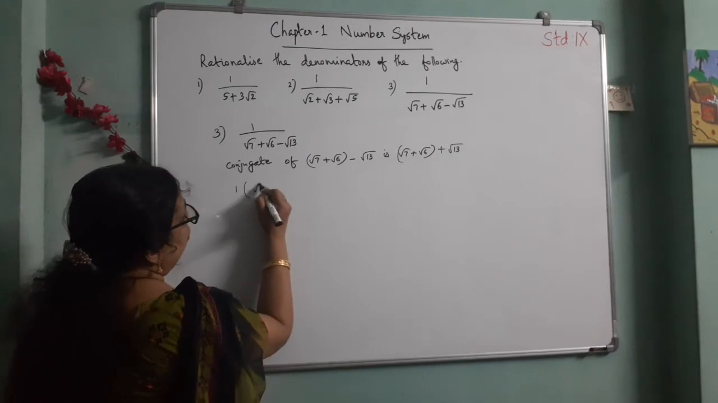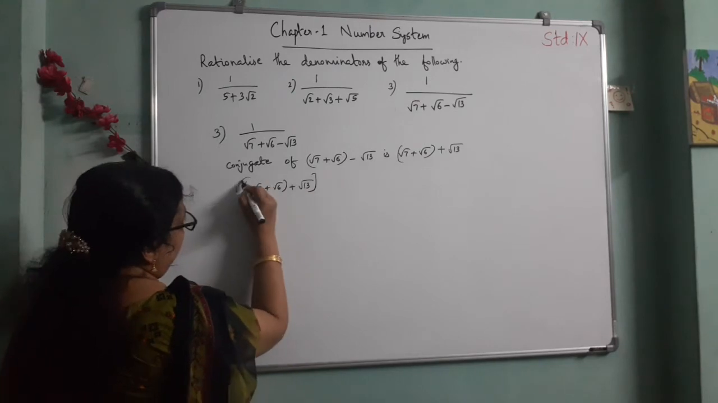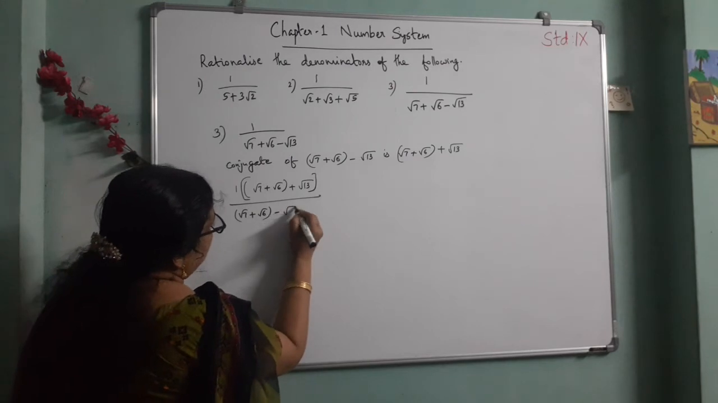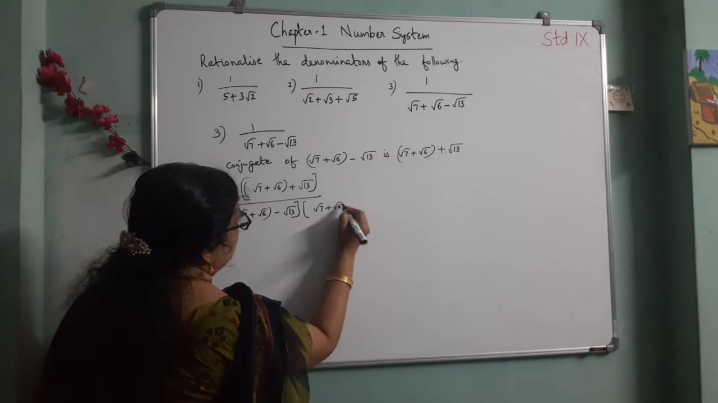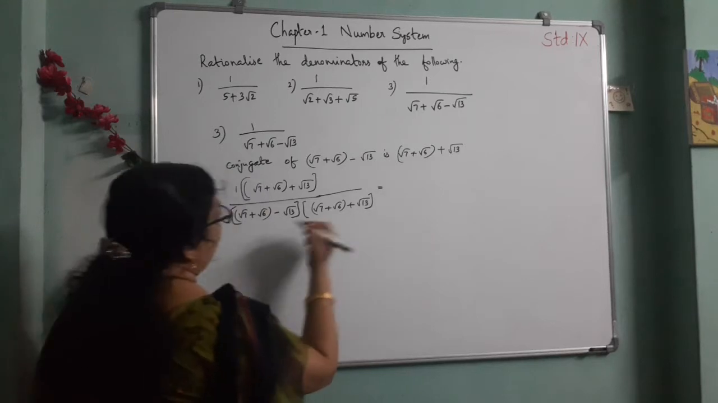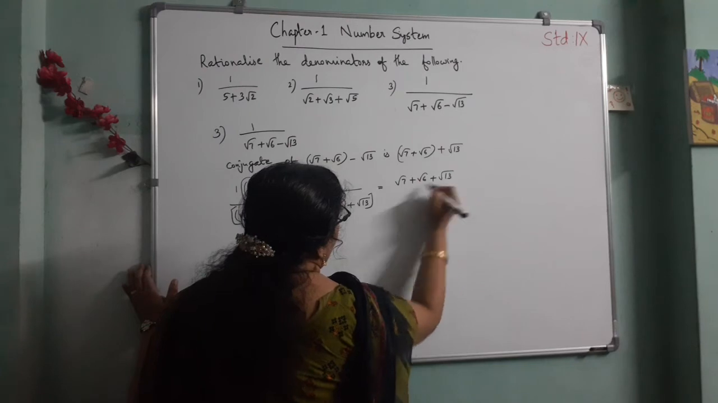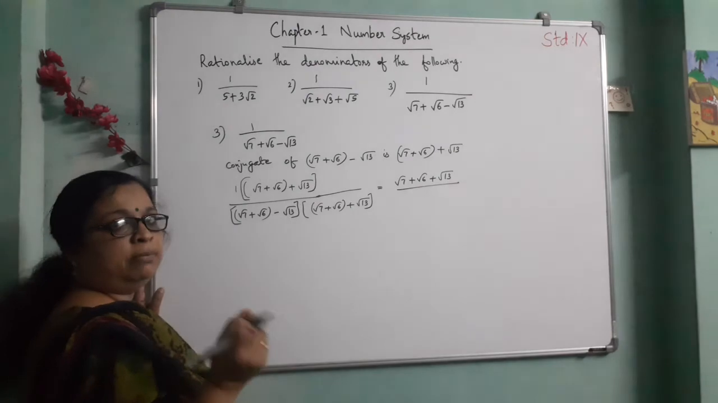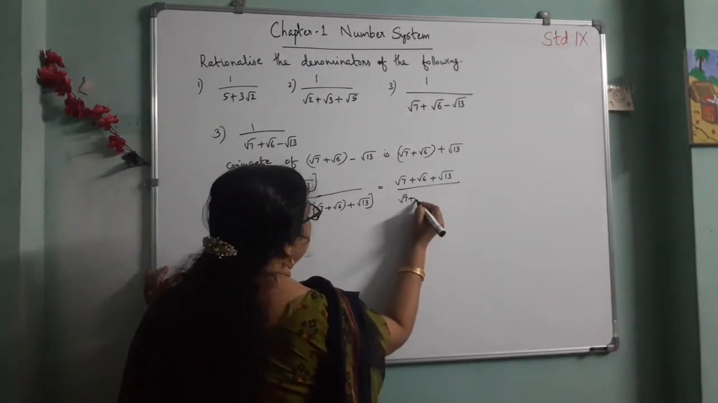That is 1 into (root 7 plus root 6 plus root 13) divided by (root 7 plus root 6 minus root 13) into (root 7 plus root 6 plus root 13). And this is equal to numerator root 7 plus root 6 plus root 13 divided by, this is a plus b into a minus b form. We know that (a plus b) into (a minus b) is a square minus b square. Here, instead of a, root 7 plus root 6 the whole square